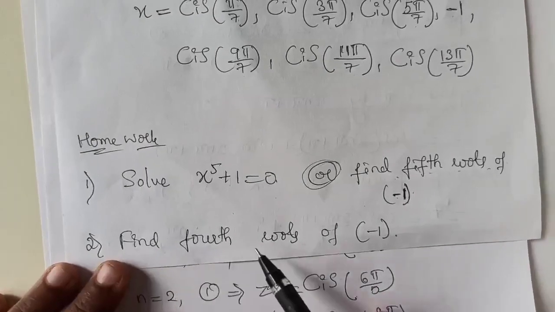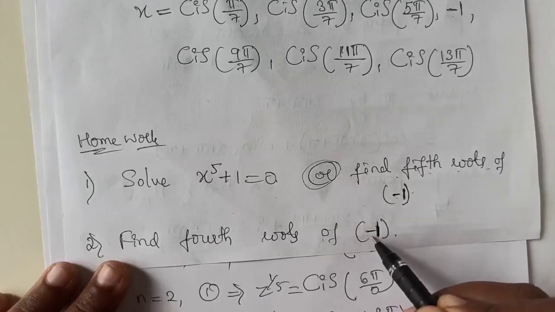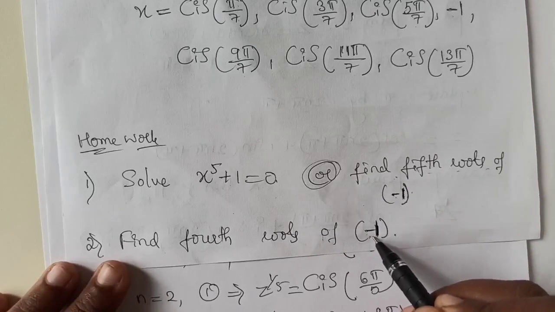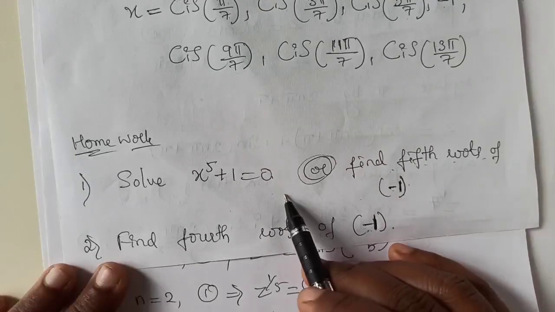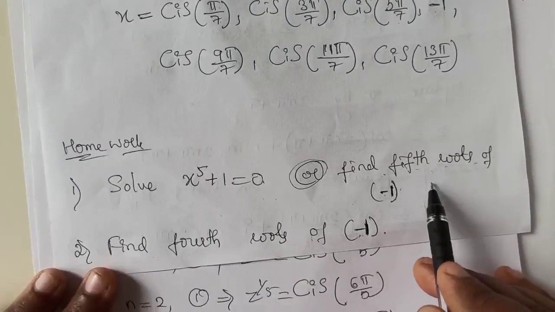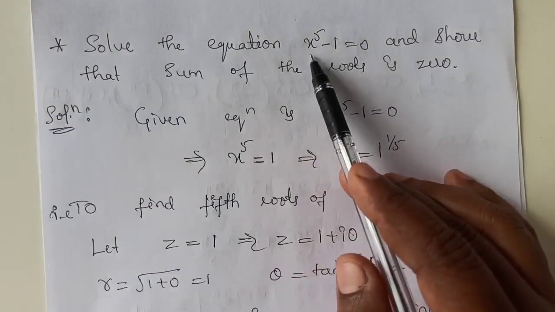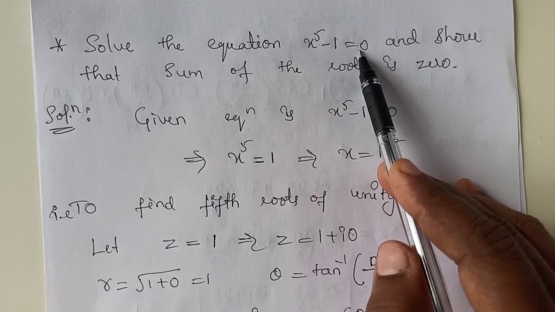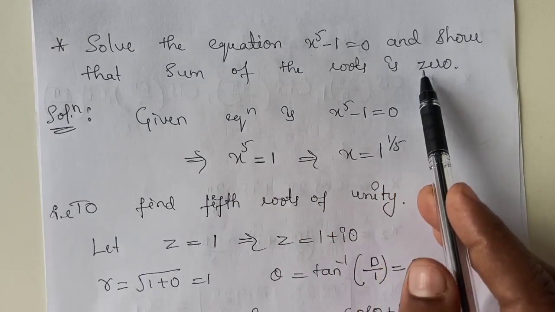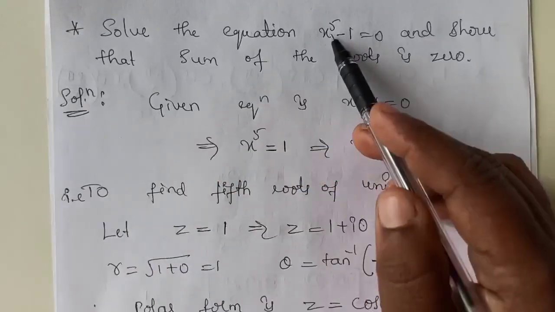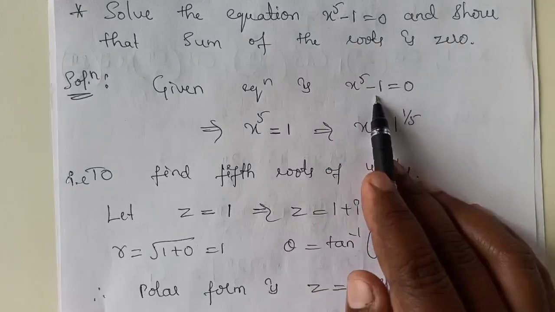So next, find the fourth roots of minus 1, both are the same. For the fourth root of minus 1 we have to raise the power by 1 by 4. For the fifth root, raise the power by 1 by 5. Solve the equation x power 5 minus 1 equals 0 and show that the sum of the roots is 0. So here, given that x power 5 minus 1 equals 0, on solving this equation,